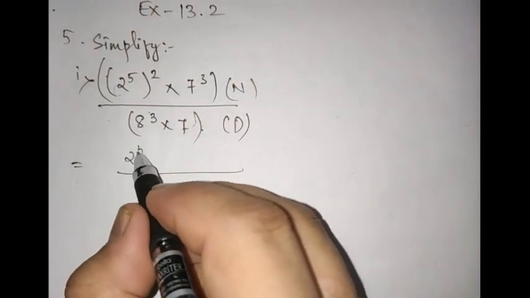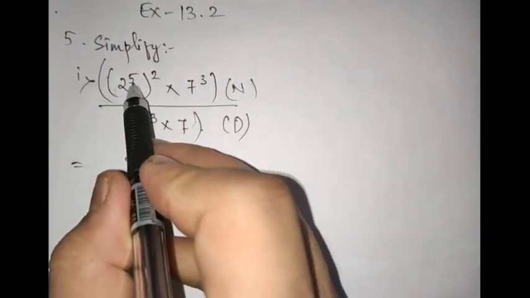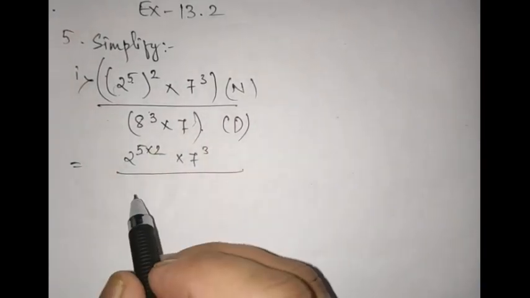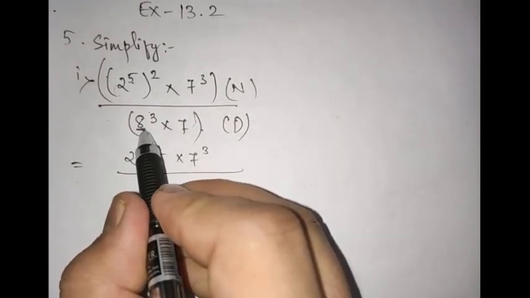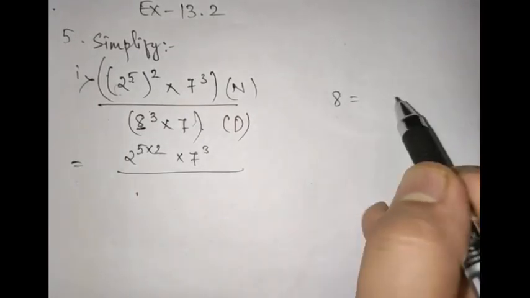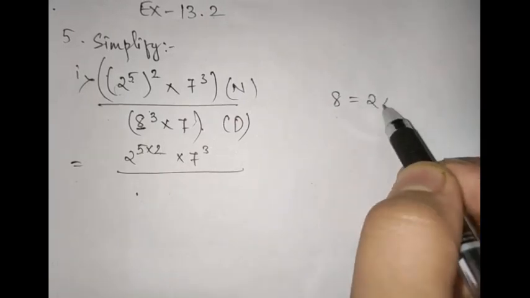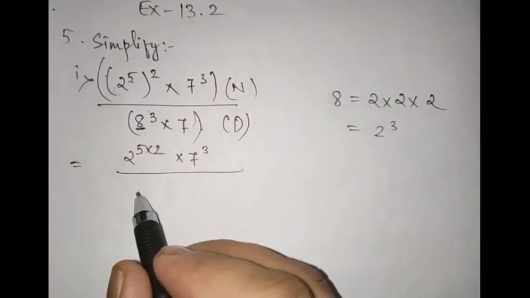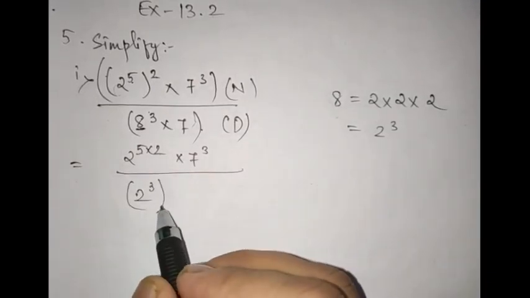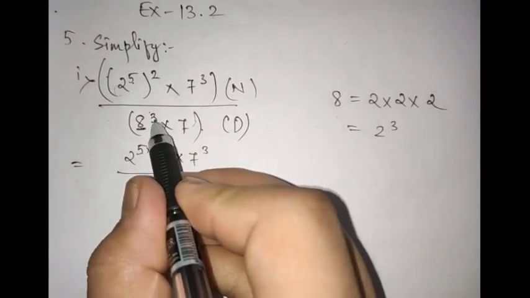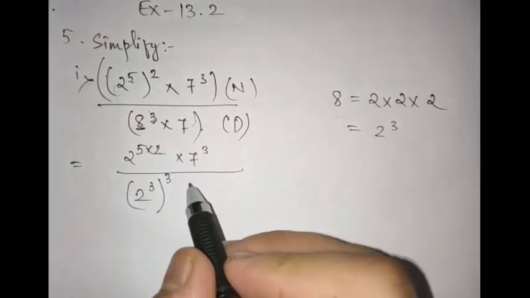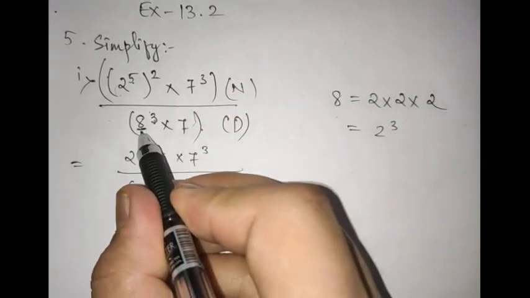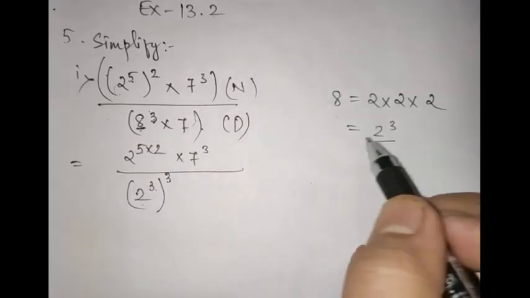So 5 into 2 we are going to multiply. This 5 and 2 will be multiplied into 7 cube. Okay, and 8 cube, just see here, 8 is not a factor, so we are going to write the factors of 8. Those can be written as 2 into 2 into 2, which is 2 cube, right? So I can write here 2 cube, and outside cube will be written because this exponent 3 is there, so I'll be writing it outside. And inside, why I have written 2 cube? Because the factors of 8 is 2 cube.